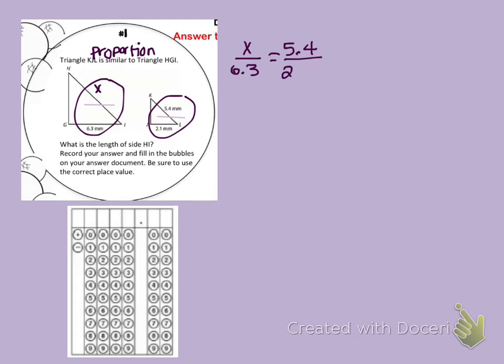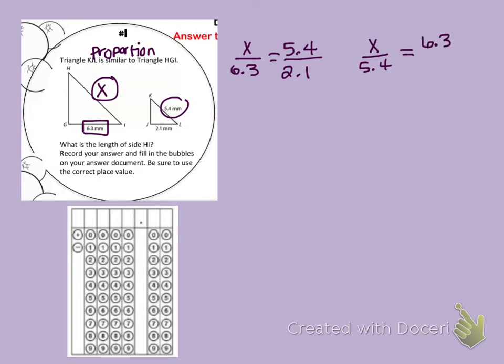Or you can find your x first, and then find the similar side here. So it would be x over 5.4 equals, we started with x, so we've got to keep the same number, same triangle. So it'd be 6.3 over